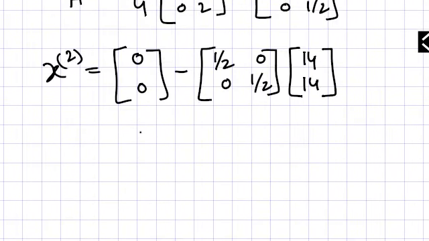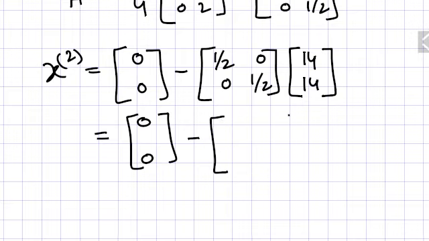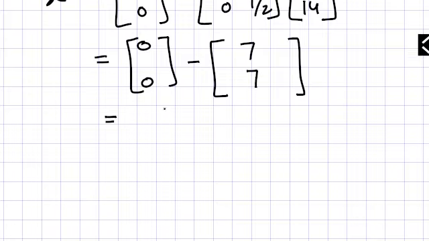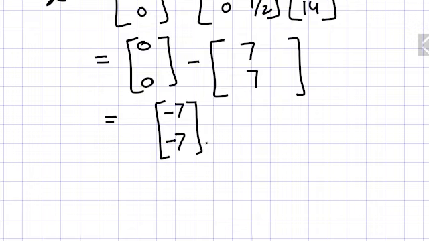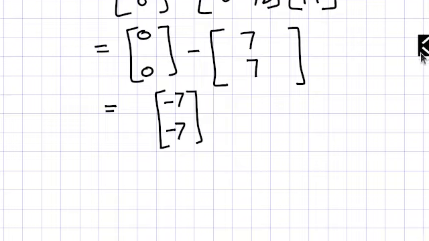Now you solve this. What you will get here, 0 0 minus, you will multiply these two matrices. You know this very well how to do it. You will get 7 7. Multiply this with this, this with this, then this with this and this with this, so 7 by 7 you will get. Now you subtract these two matrices, you will get this. So that's why in higher mathematics matrices are so important. So ultimately you got the second point is this.